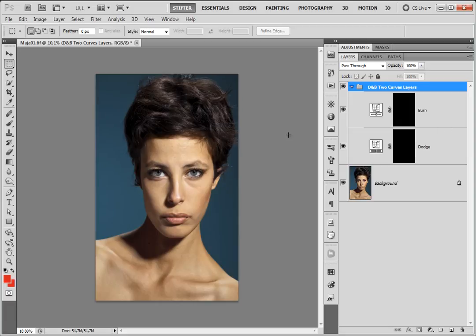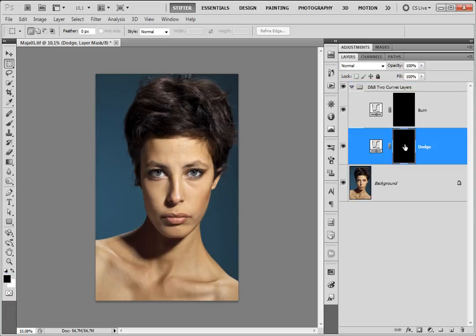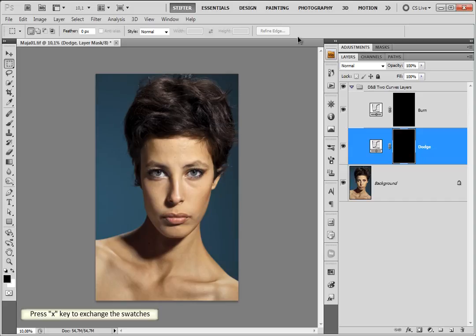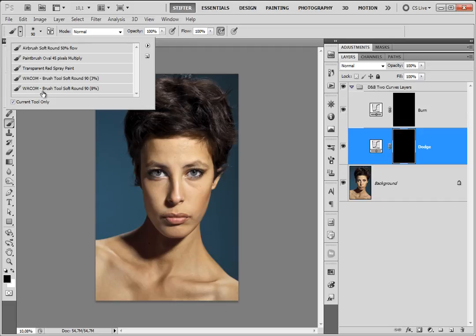And since I'm mostly going to be working with my dodge layer, I'm going to click on it. In this case, it didn't change my swatches because when I click on the mask, I can only play with black and white. So I do want to have my swatches reset. So I'm going to press D to reset them, X to exchange them, and then I'm going to click back to the dodge layer. Click on my tool, and I have a different preset for working with two curves layers, and that one is just like before, except it has 8% for my flow. So I'm going to select that one,